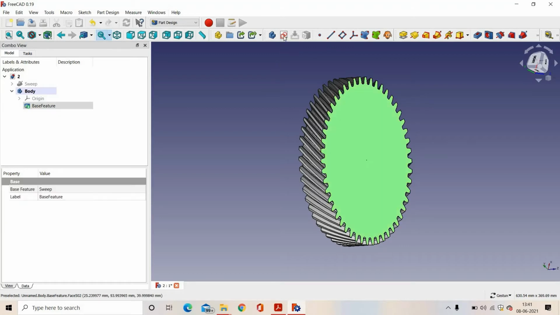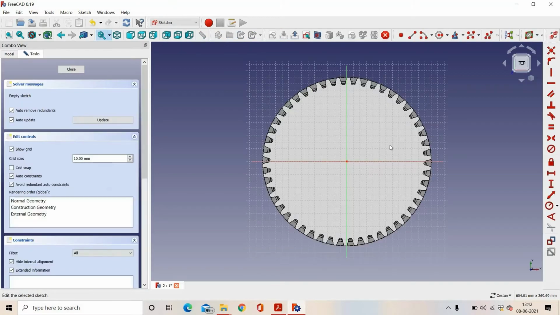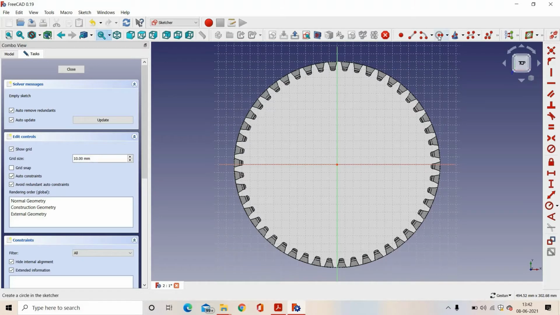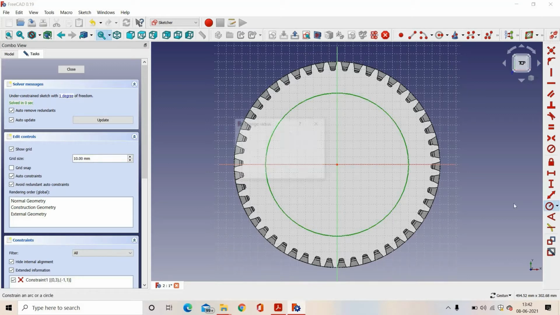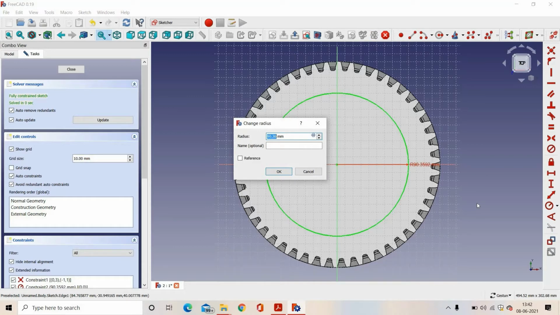On this face, we will create a circle. Radius of this circle is 115 mm.